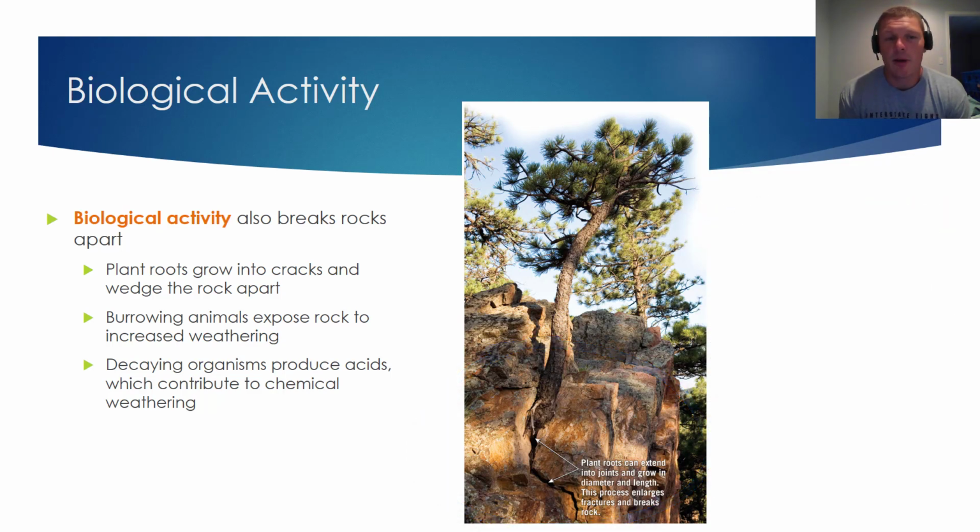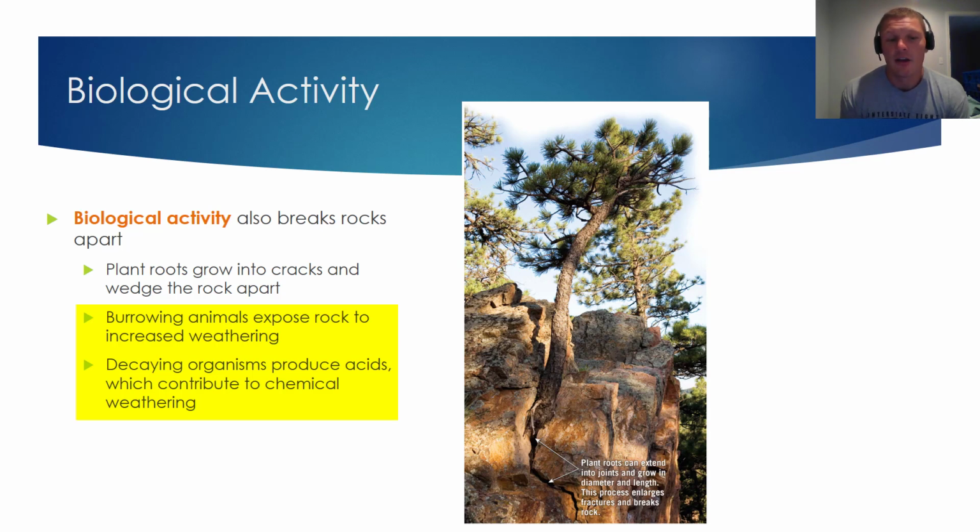But two other examples of biological activity and weathering are burrowing animals that can expose rock, and when that rock's exposed, it's much easier to weather. And dead decaying organisms produce acidic substances as they decay, and those acids can contribute to chemical weathering. That death and decay example is kind of grim, but it's a great transition into the last thing I want